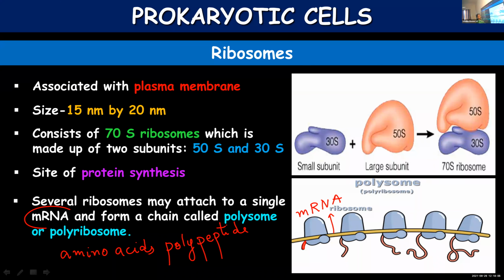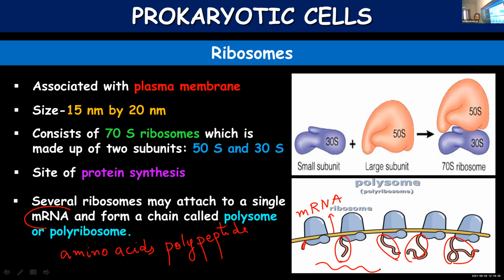So here you can find, with the help of ribosomes, this is the polypeptide chain being formed, and later it will get separated and they will form a protein. What you see is a tail, slowly increasing by the addition of more and more amino acids. The chain is getting longer and longer. It's forming a polypeptide. You don't have to go into the details. Since the figure is given here, I just mentioned.